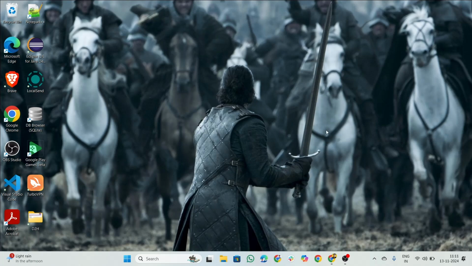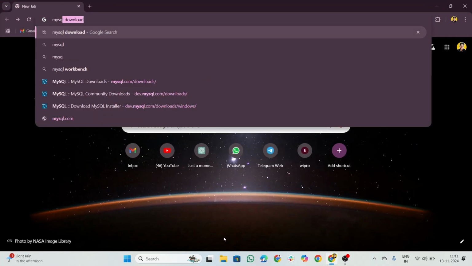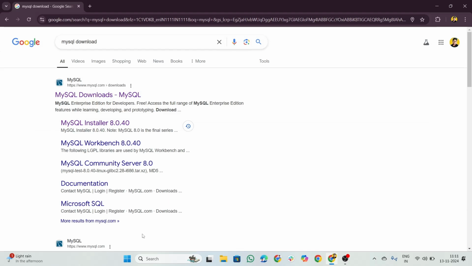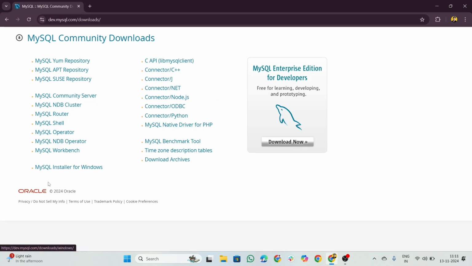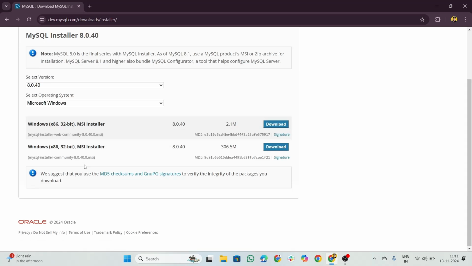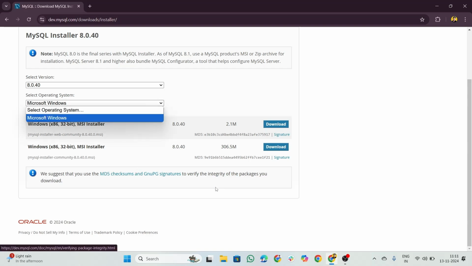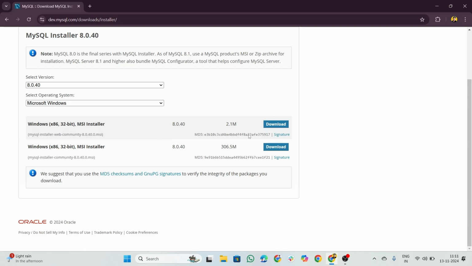Let's get started. First of all, go to Chrome browser and search MySQL download and click on the first link, and now go to MySQL Community GPL downloads, and then go to MySQL Installer for Windows. This page will appear, and you have to select Windows operating system and download